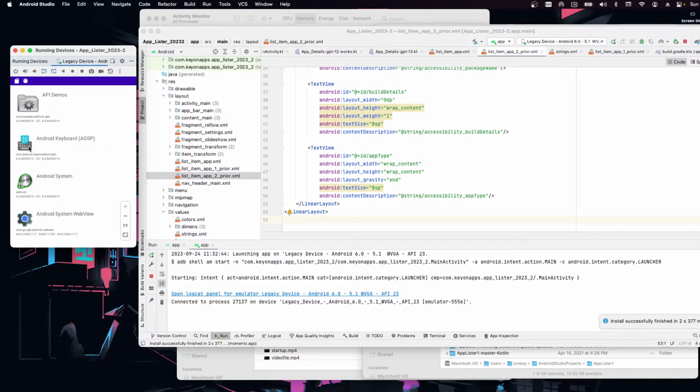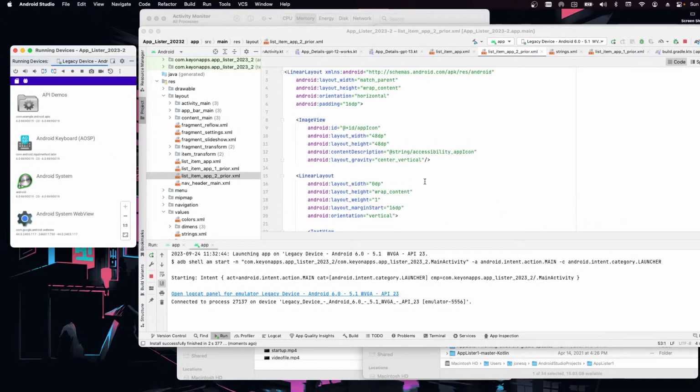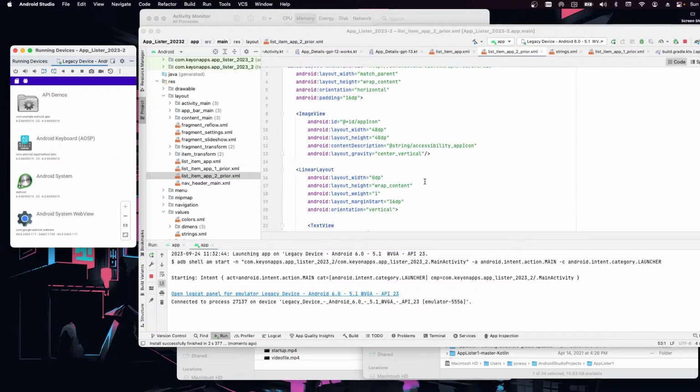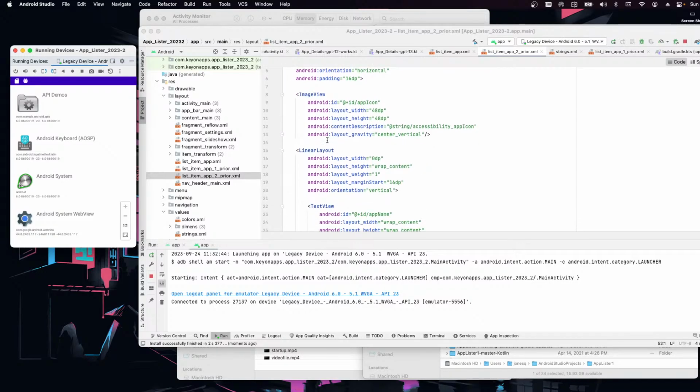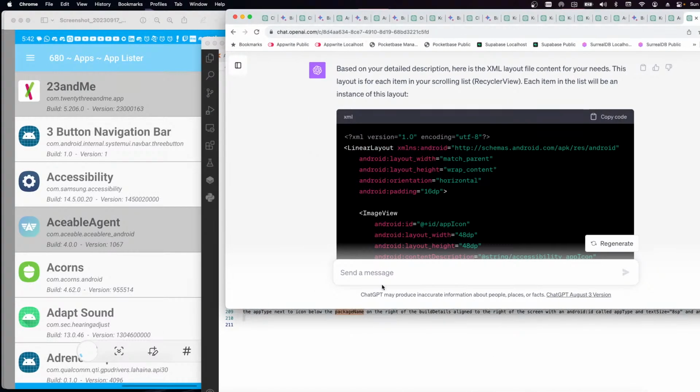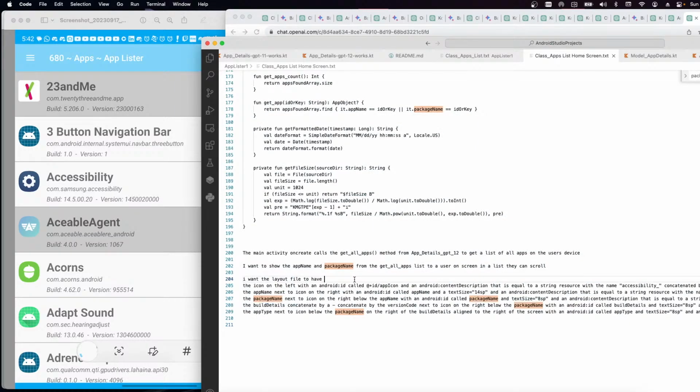Okay, so it's still coming under the icon. What if I say this? So there, okay. So I want the icon to the left, the app name